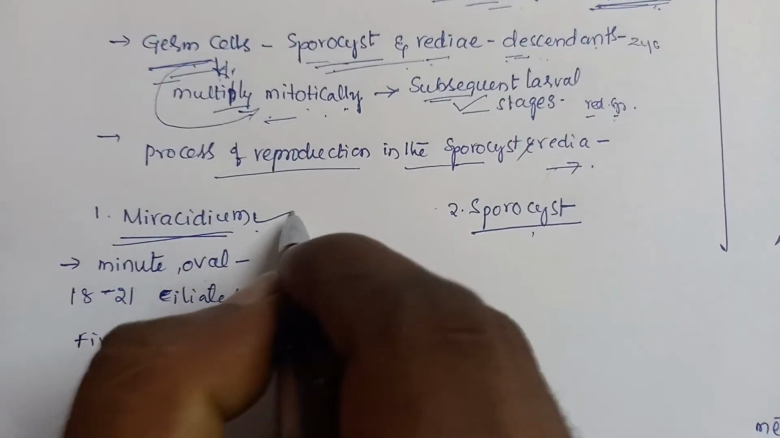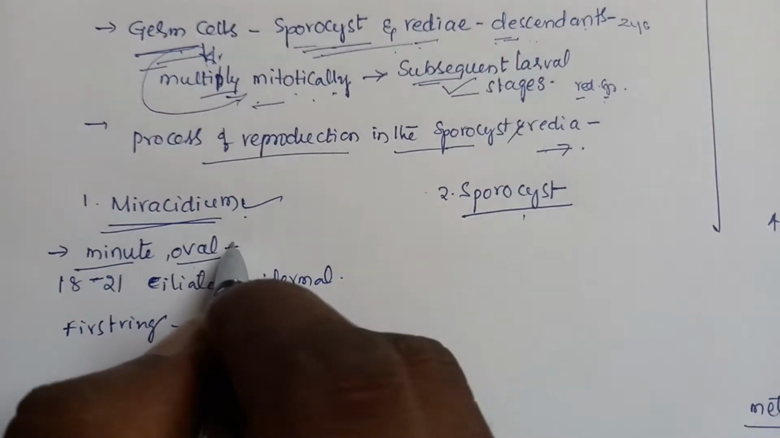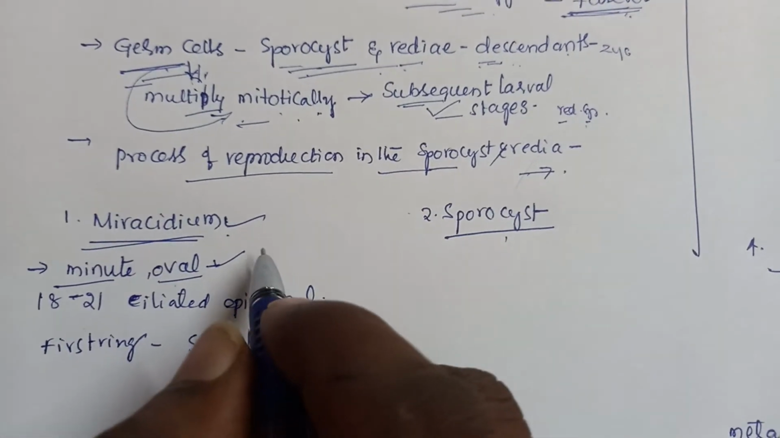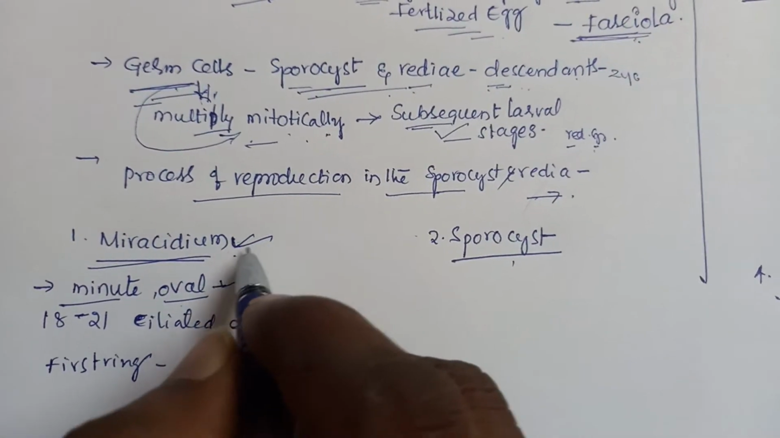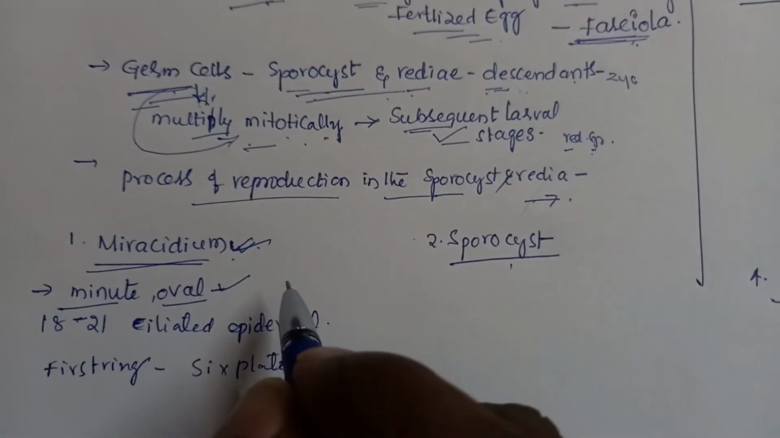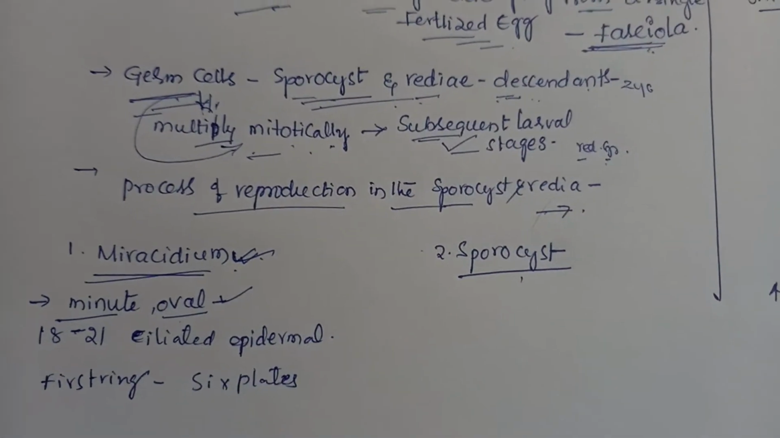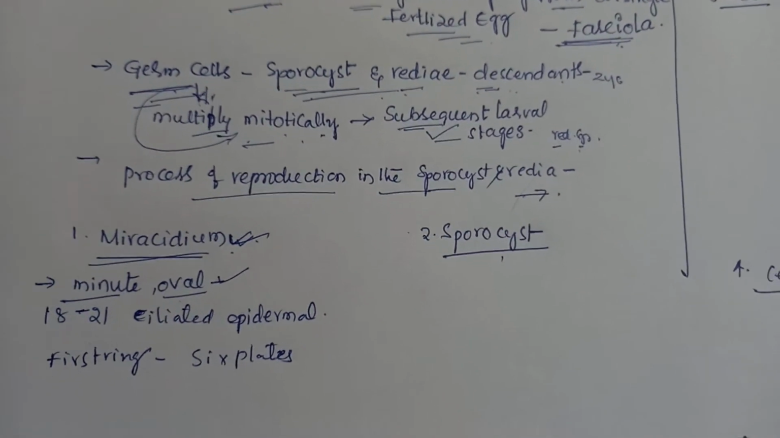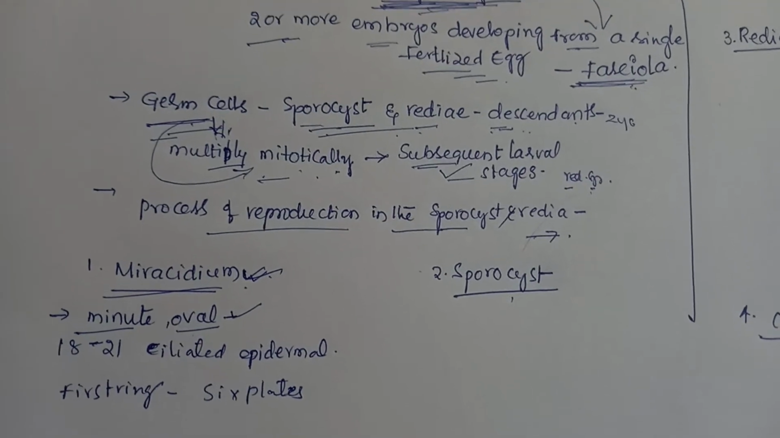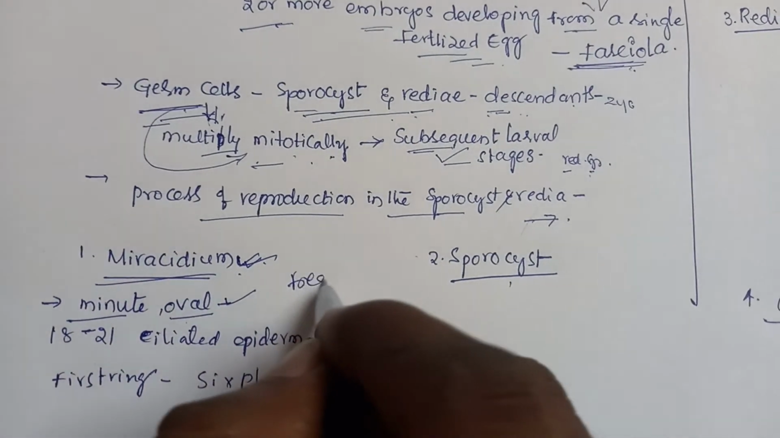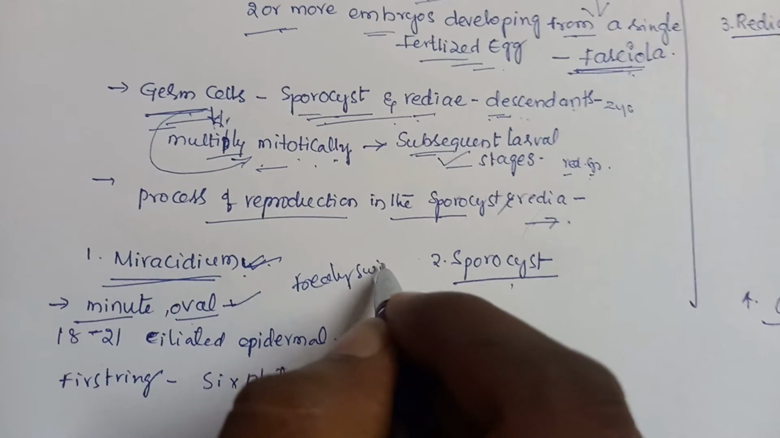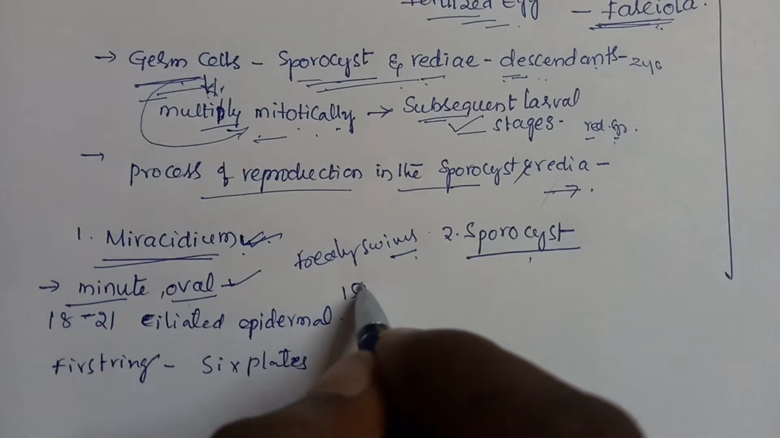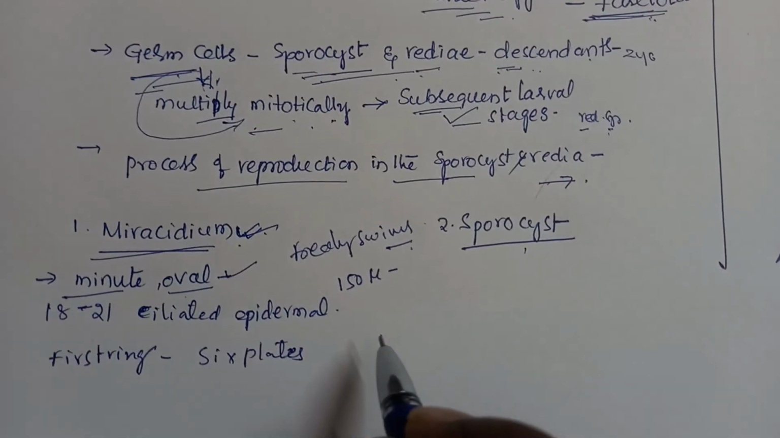The Miracidium larva is minute and oval in shape, and in the life history of this liver fluke it is the first larval stage. When the egg is placed in the water and the lid opens, the Miracidium comes out and swims freely in the water. It is about 150 microns in length, and